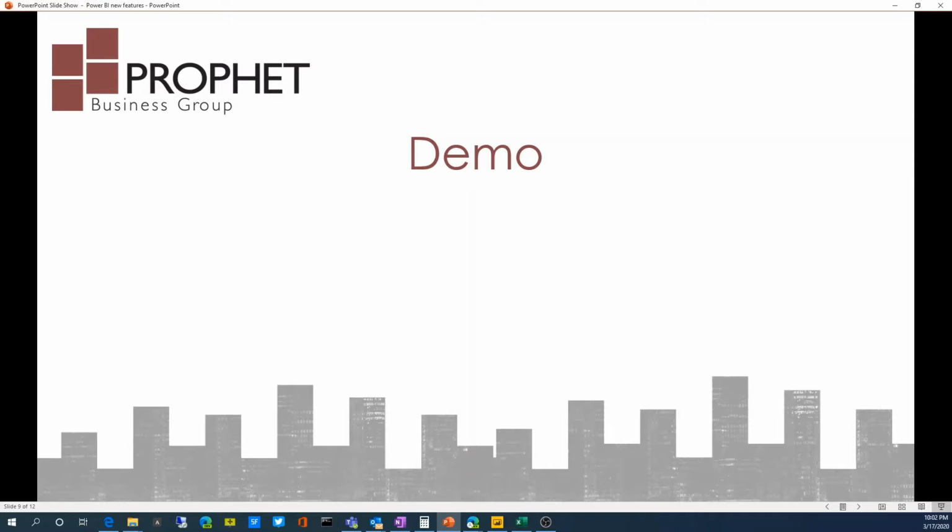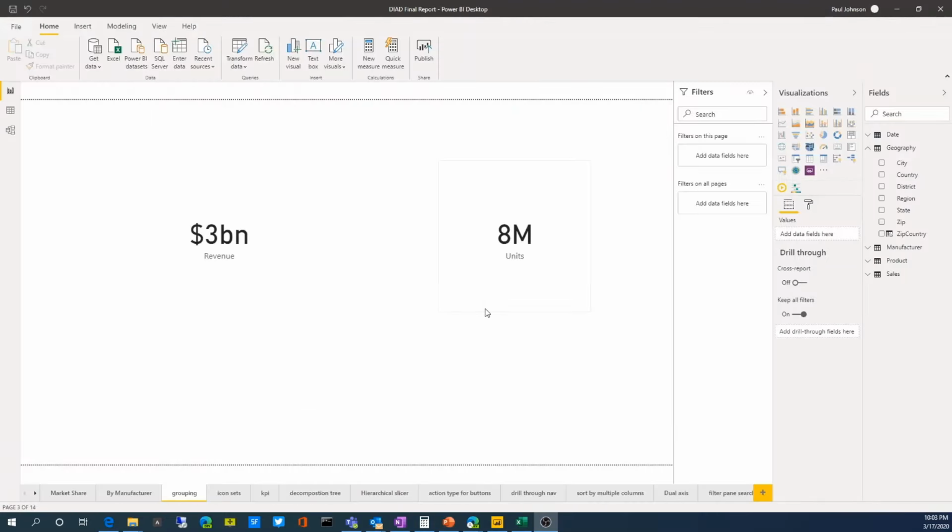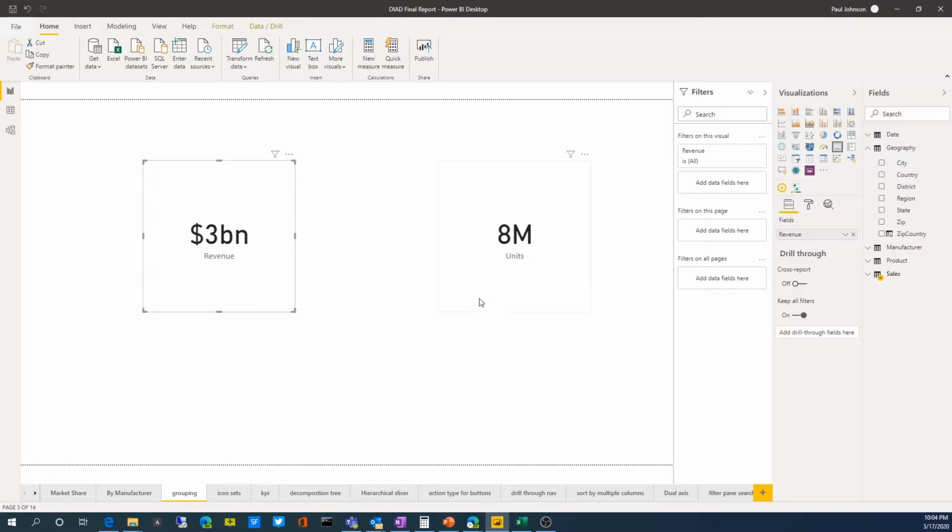Let's walk into some demos of these products so you can see some of these features in action. So first thing we're going to look at is the ability to group different visuals together. So I have two visuals, a revenue card here and a total units card. So the way you would group this is you select the first visual, hold the control button, select your second